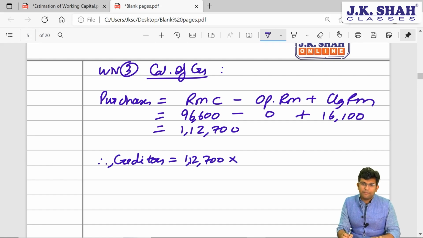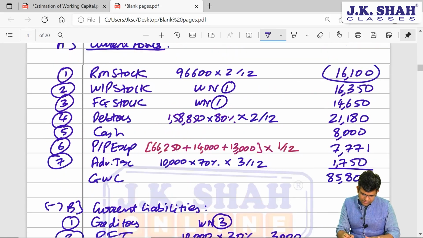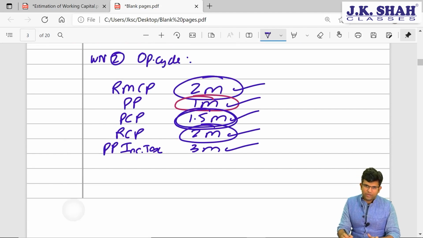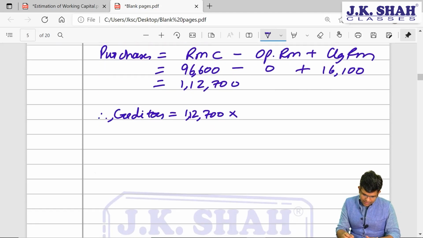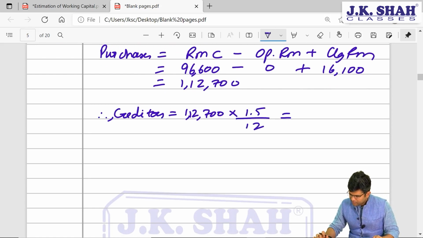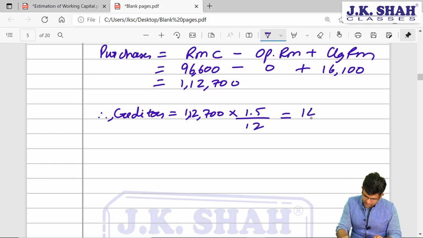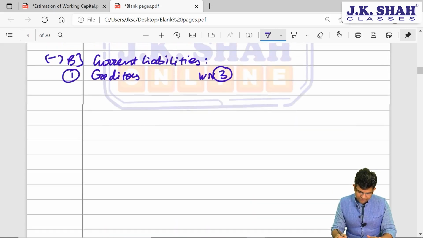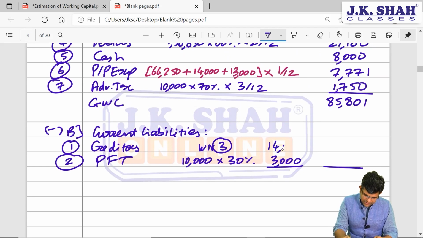purchases multiplied by PCP, that is 1.5 months. So I'll write down here into 1.5, of course, divided by 12. So 1,12,700 multiplied by 1.5 divided by 12, and children, this comes to 14,088 as your creditors. So we take this 14,088 and we place it here, and the total current liabilities